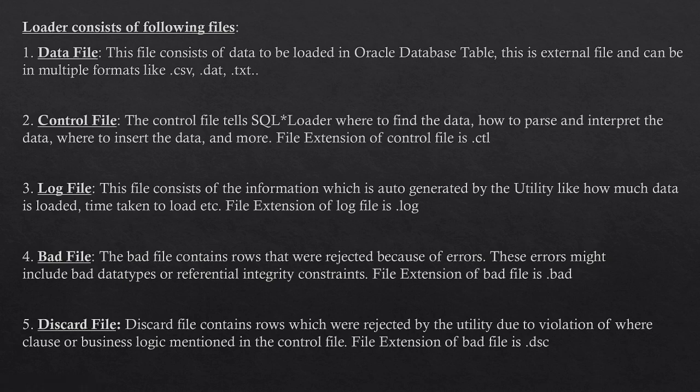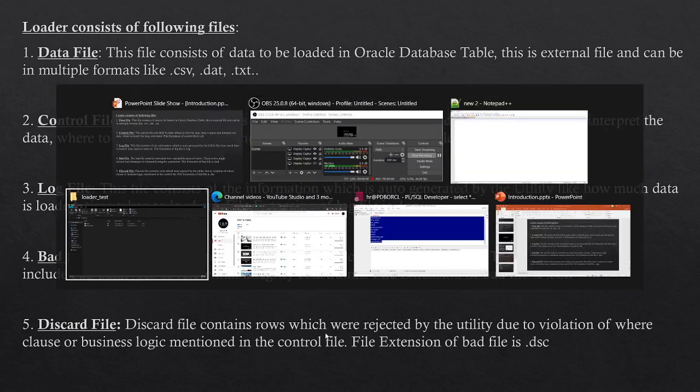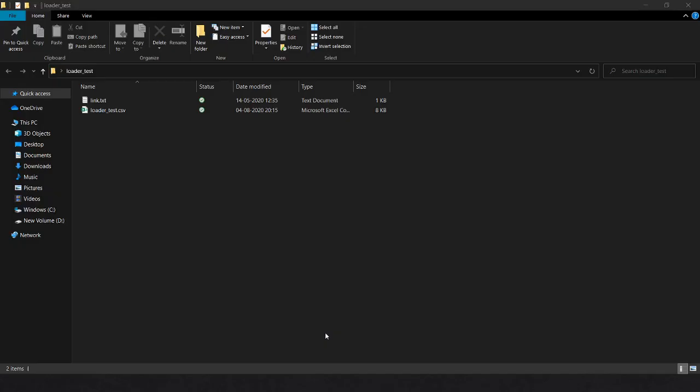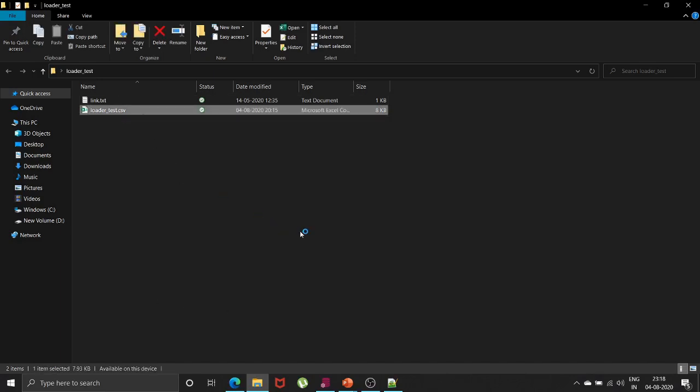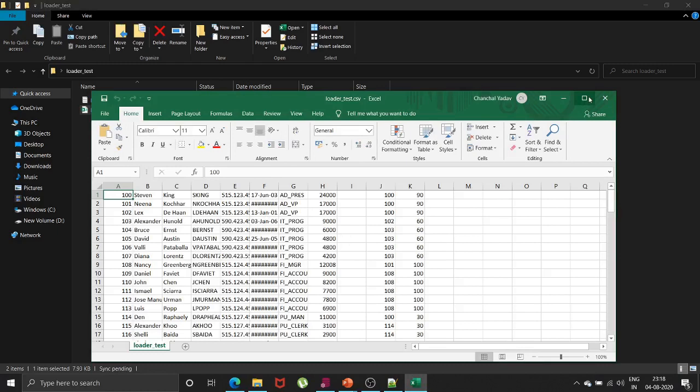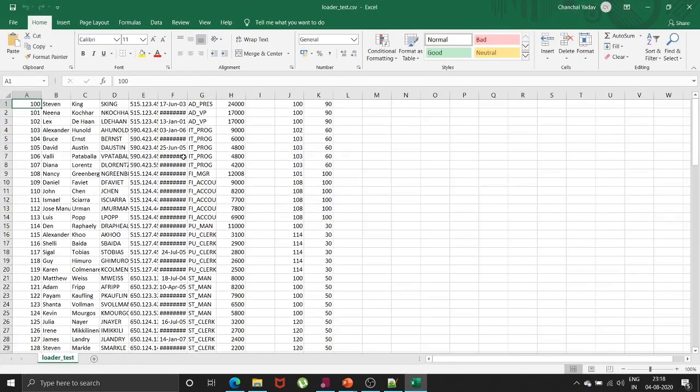So let us see how the data file and control file are prepared. First of all, I will show you my data set which I have already in my system. I have already prepared one Excel file so that this may not take much time. If you see, we have in total 11 columns. And if you look carefully, I have not mentioned column names over here. This is because SQL Loader will read in a manner that whatever sequence I give in my control file, it will insert in the same sequence.